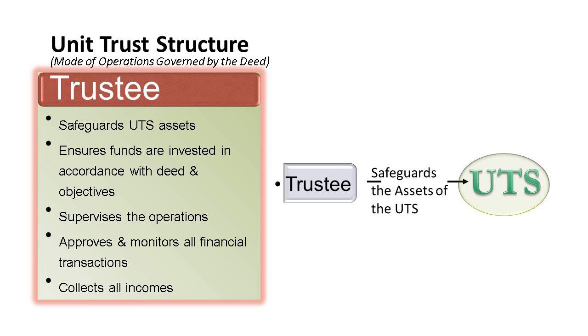So okay, that is the trust structure. And then collect all income. So if you invest in shares, the dividend comes in, paid to the trustee. Because why? The shares are all under the trustee's name. The trustee will receive the dividend and the interest, and they put it inside the pool of money.